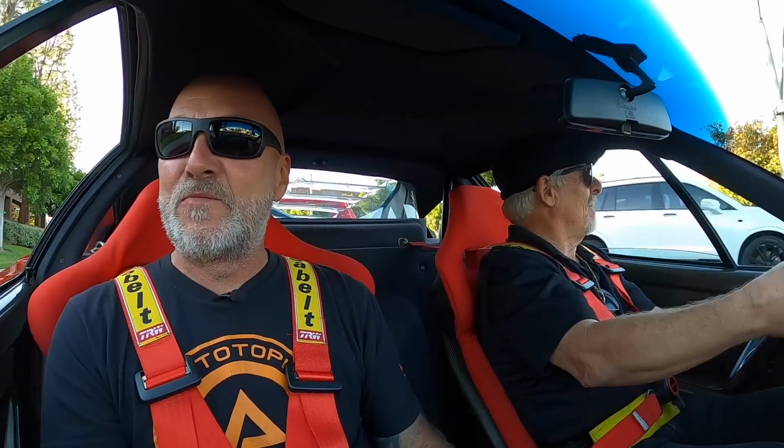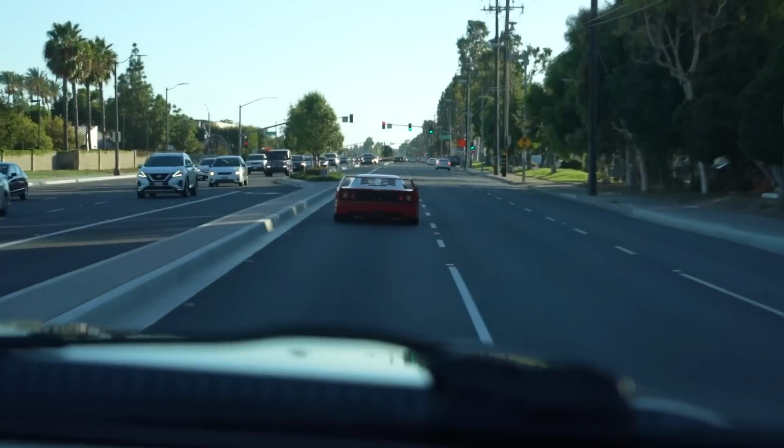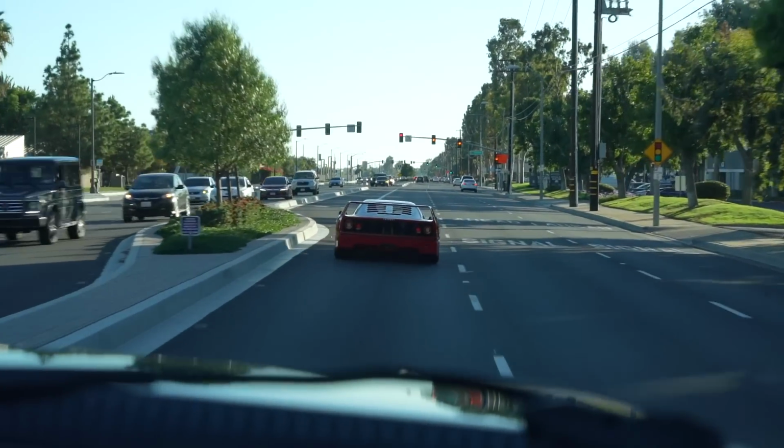We're going to just cruise for a minute so we can get some temperature in the car. What a sound! Holy cow, it is pretty cool. A little different than the Cuda. I got to get my balance. I got to get my mojo back. Just a little different, dude. I'm rarely rendered completely speechless, but